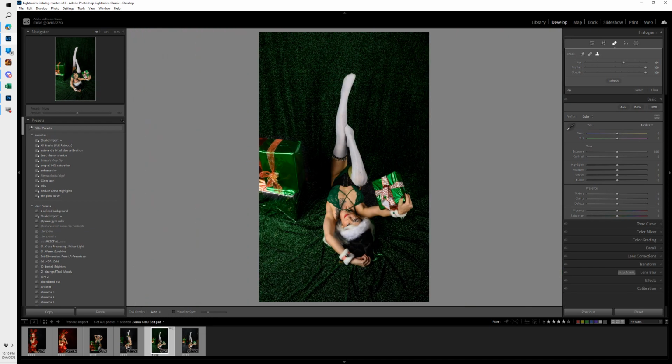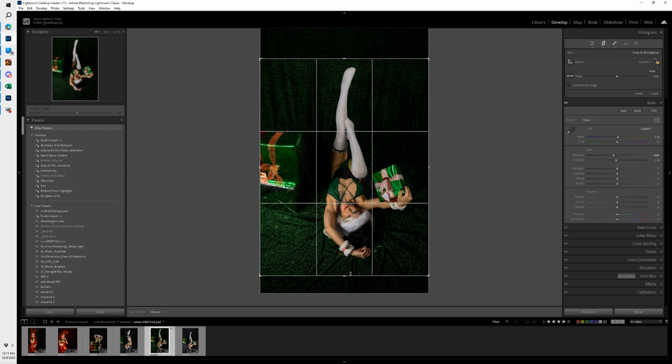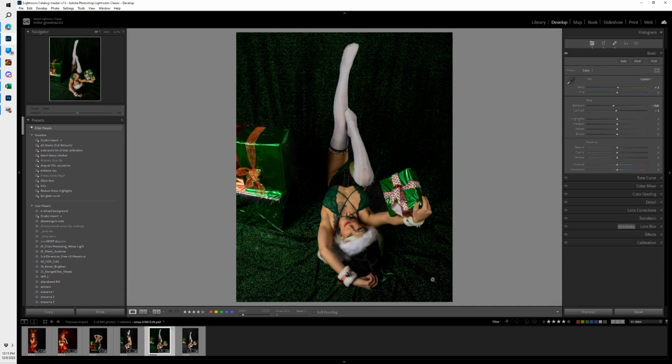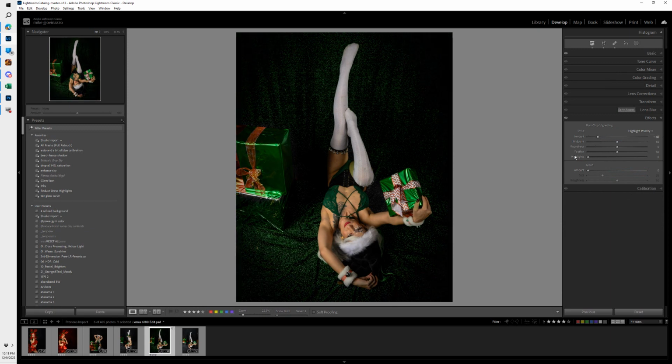All right, and the whole thing, maybe I could just reduce the exposure a little bit, increase the contrast, warm the whole thing up, give her a little bit of a tint. And here I can crop. I hit the letter R just to crop. Maybe even put a little bit of vignette on the edges. And there we go. So hopefully that gives you an idea of how to